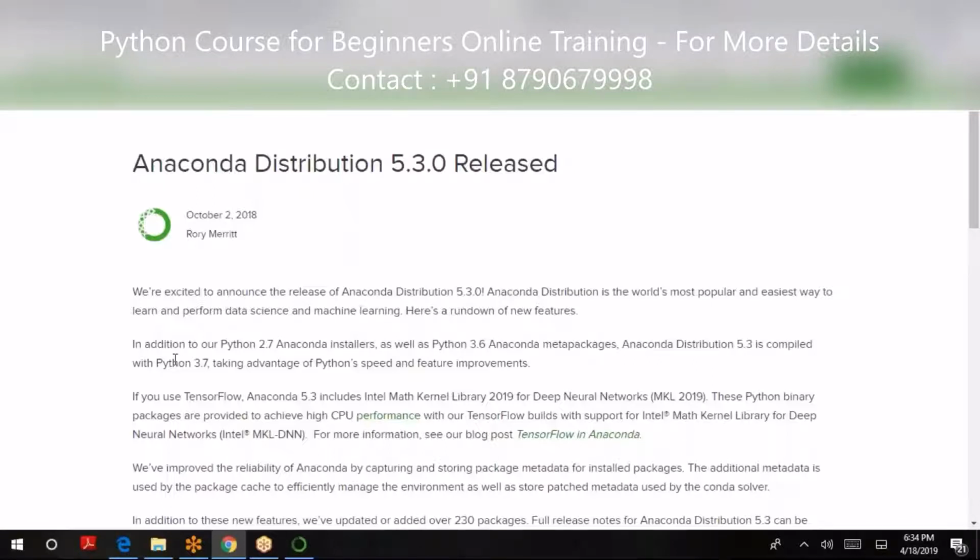I require 3, it is better. We have 2 too, but I think 3 is better. Fair enough. And you can also uninstall Python 3.7 and externally install, let's say, Python 3.5. That also is possible.